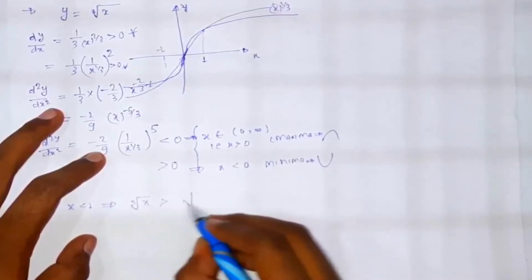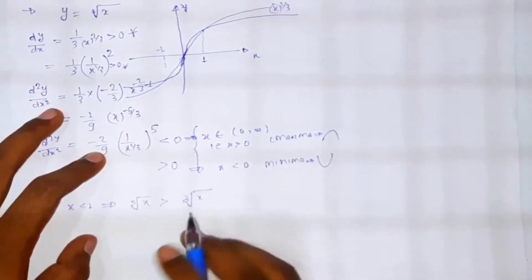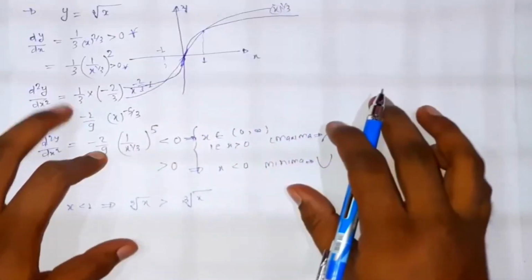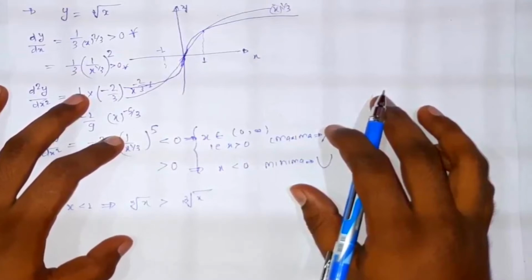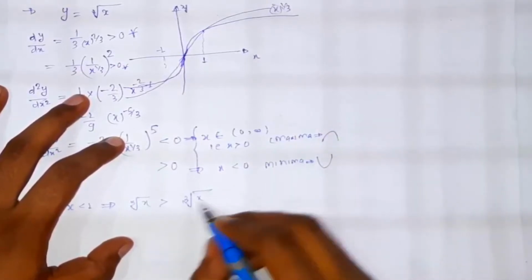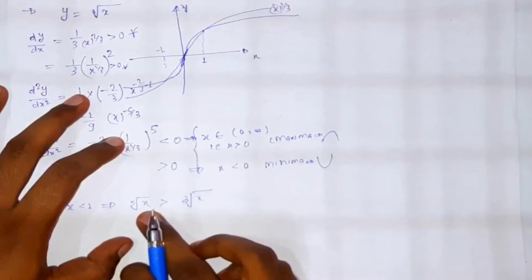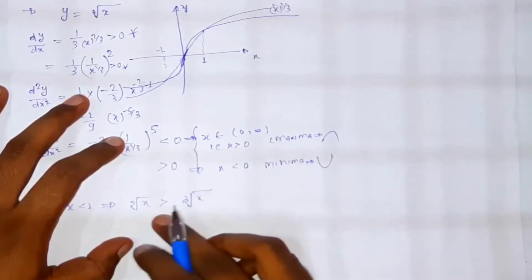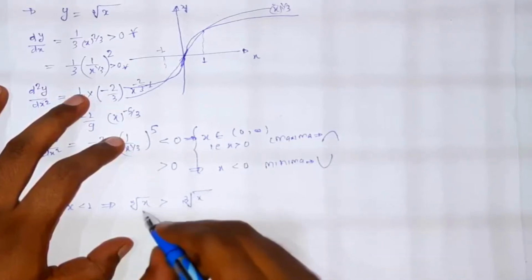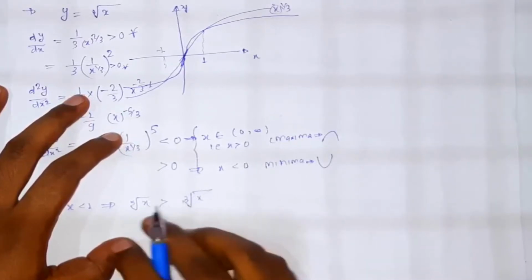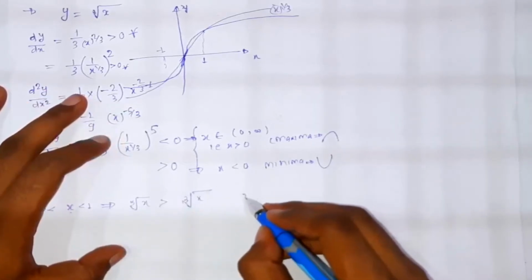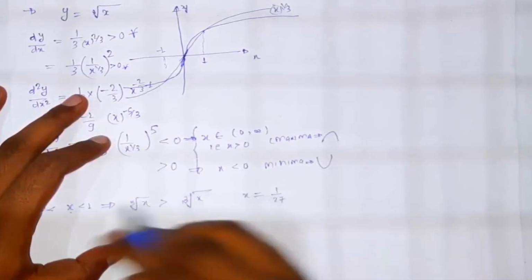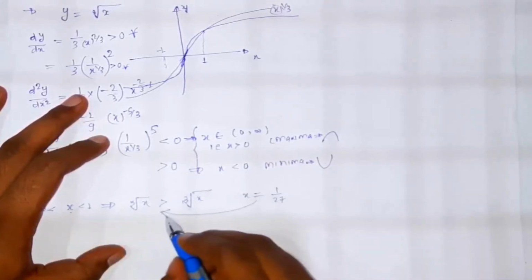x will be greater than the cube of x. We can take the example. Okay, we are taking the example like 3. If we are putting x equals to 3, then what will happen? That means we are putting x equals to 27, then what will happen? Actually I need to put the values of x in between 0 to 1. So if I am putting x equals to 1 by 27, this will lie in between this. So this condition will satisfy for this.